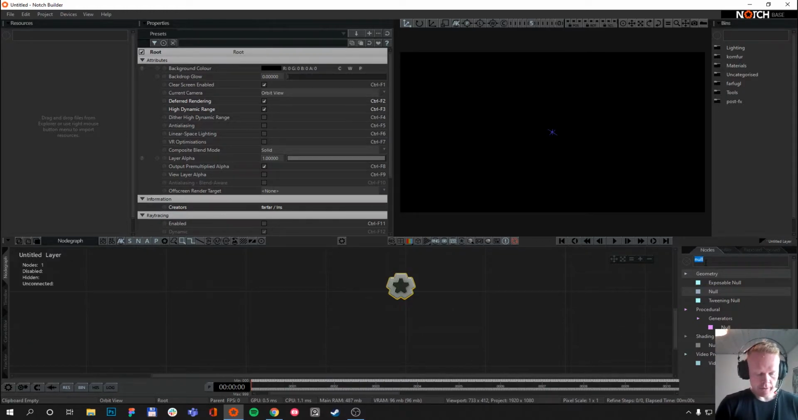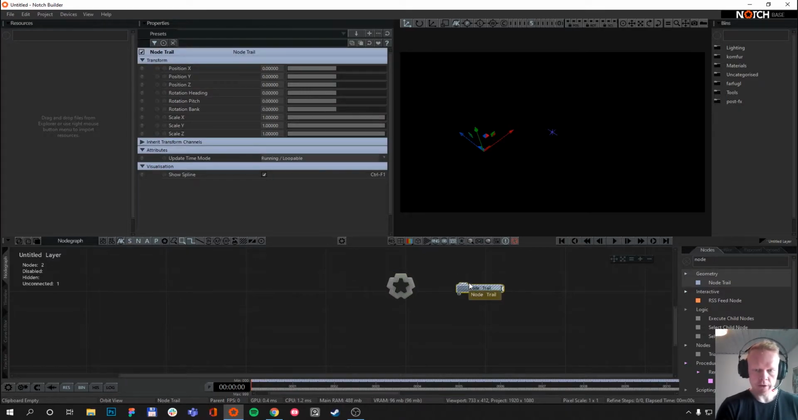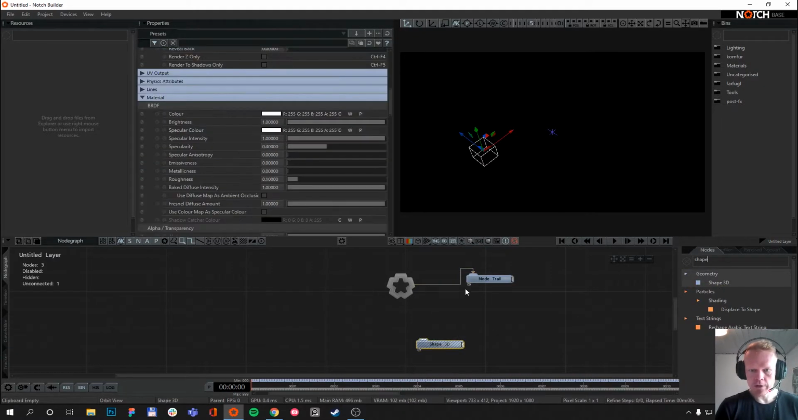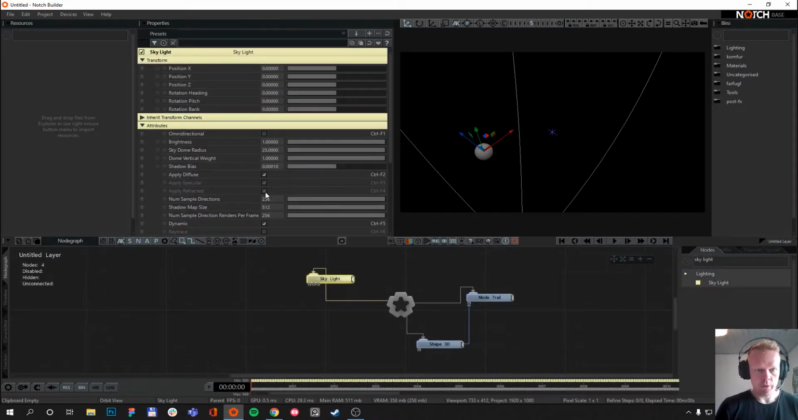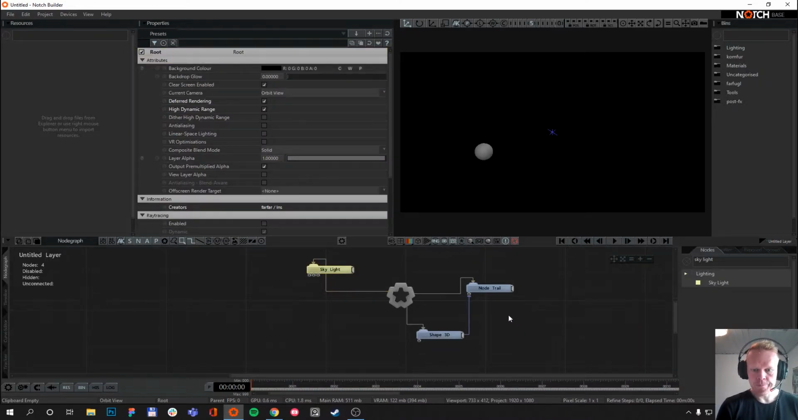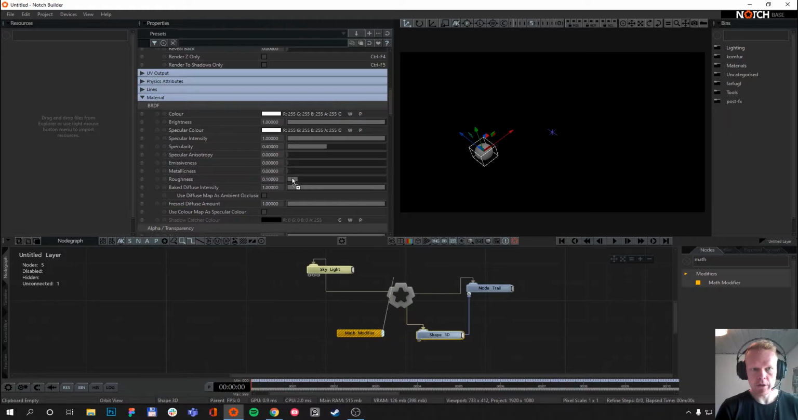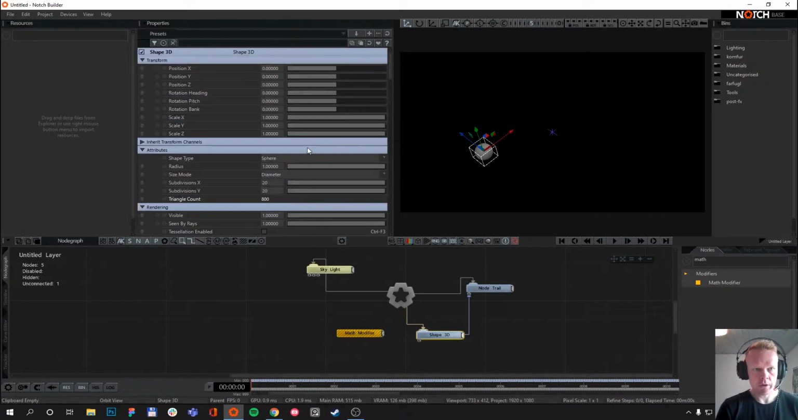So rather, the idea that someone, I think his name was Alexander, on the Facebook Notch forum mentioned, is that you can use this node called Node Trail. And what it does is it takes an input, for example, a shape 3D. I'll just route that so we can see it. Or actually, we need a light before we can see anything. So if I animate this shape 3D, for example, in the X position,